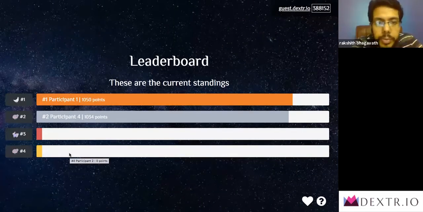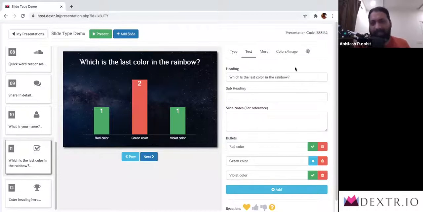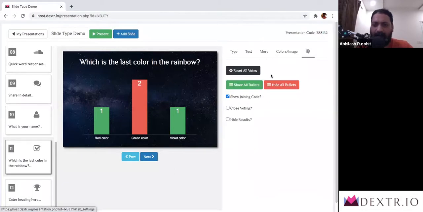Once again, when there are lots of people, this is a scrollable list and that covers everything. Let's go to the next slide. Finally, I'll show you the value of these icons. Let's see that we have all these options visible here. I'm going to go on this one, and I'm going to see that there's an option that says reset all votes. I click on this.